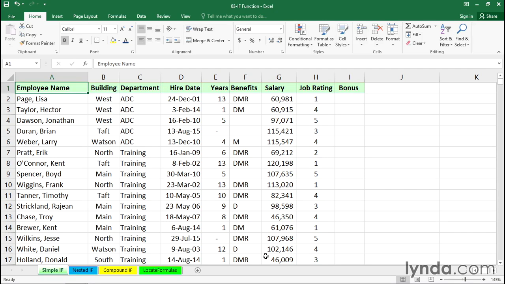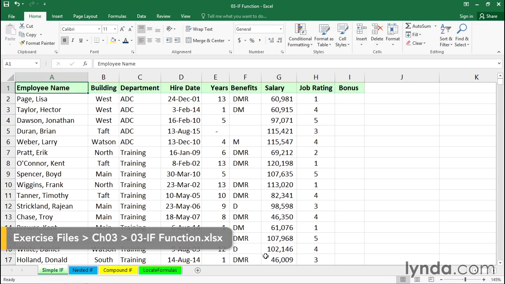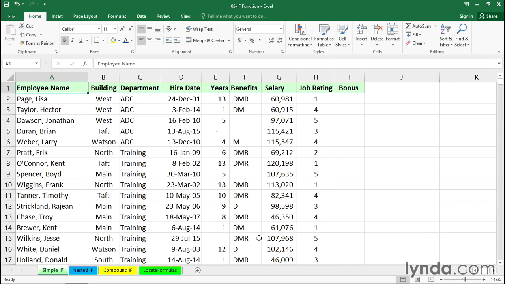One of Excel's most powerful functions is the IF function. It has an almost programming-like feature about it, and it's generally easy to use, although at times it can get quite complex. In this worksheet called Simple If, we're about to create bonuses for people who have certain job ratings. This particular company has decided that those who have job ratings of 4 or 5 are going to get